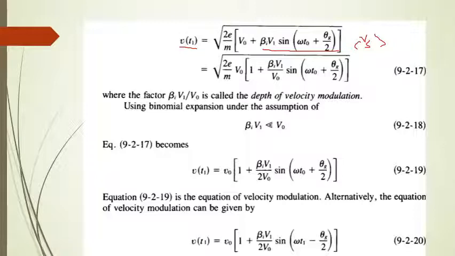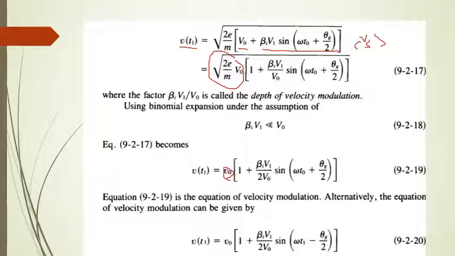From there you have substituted this equation and you got the total voltage as the DC accelerating voltage, that is cathode voltage, plus the average value of the voltage whose amplification you are trying to find. On solving this, we have taken the V naught also outside. So it becomes 1 plus beta I V1 by V naught sine omega T naught plus theta G by 2. What is this factor? This is the DC electron velocity.